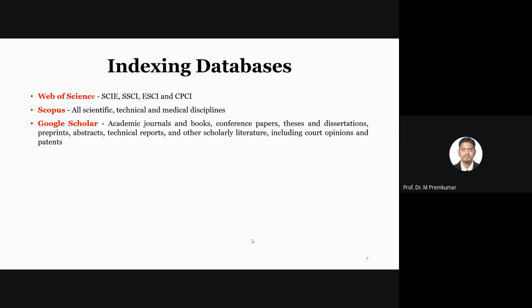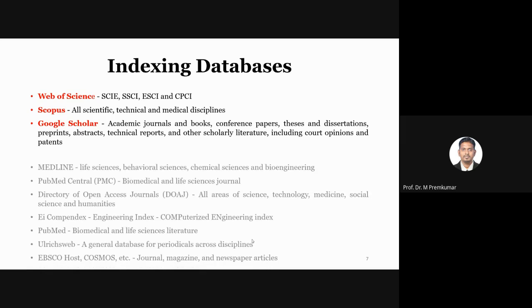A similar thing is applicable for Scopus, but in Google Scholar, those kinds of sub-levels are not there. If it is indexed by Google Scholar, that's it. It's indexed by Google Scholar, but the level compared to Scopus and Web of Science is very, very low. Okay, so apart from these three